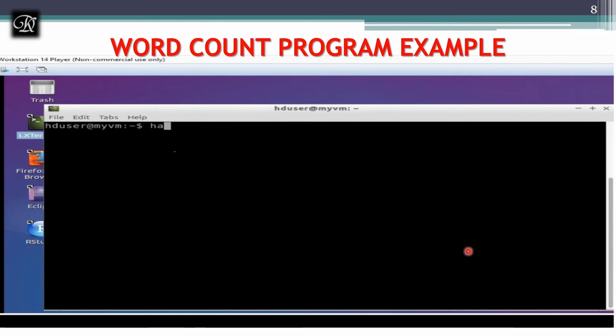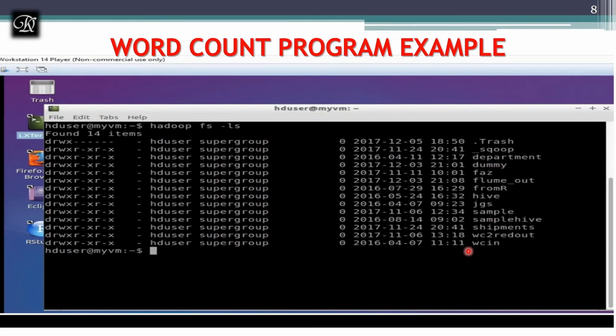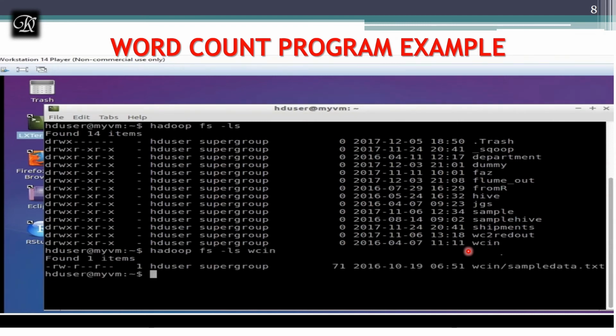Now I'm going to put that jar file first into my HDFS, because the program should be there on my HDFS. Right now I have shown you WC in, which has the input file, and I explained in the previous video how to find whether it's a file or not when you give an ls, and how to see the content also.